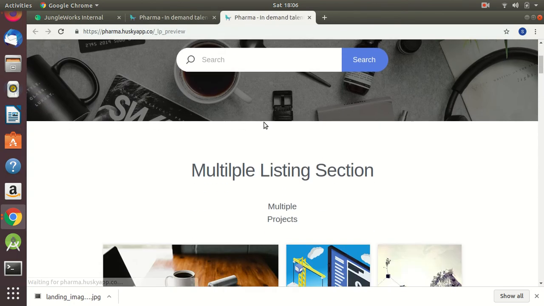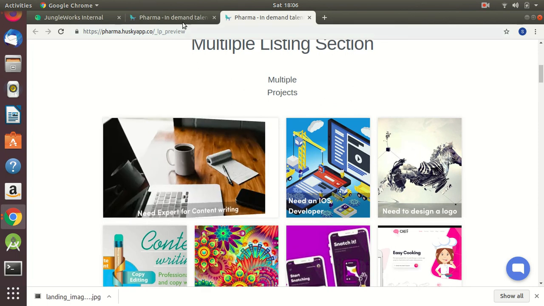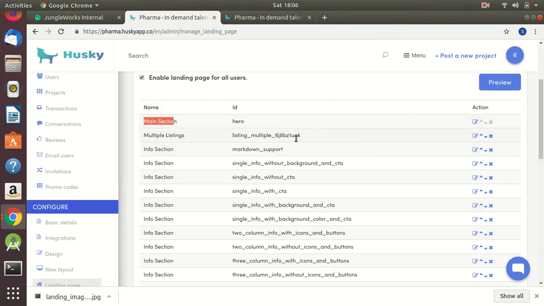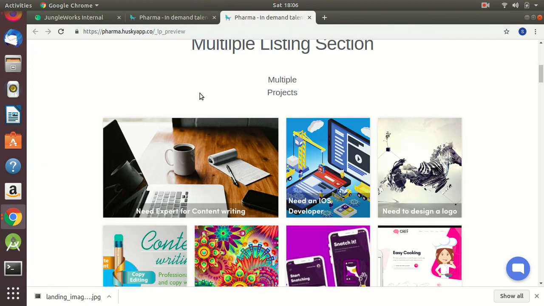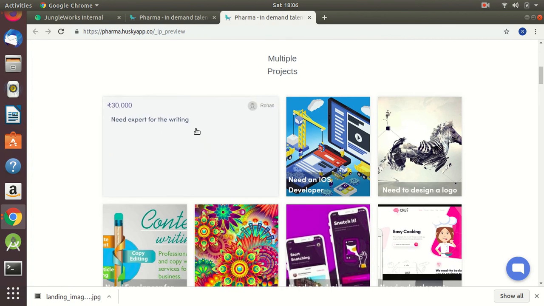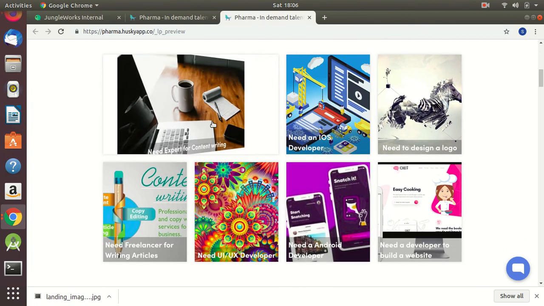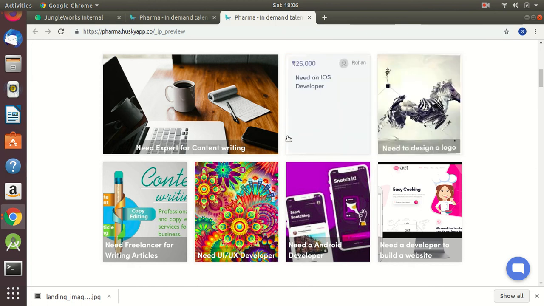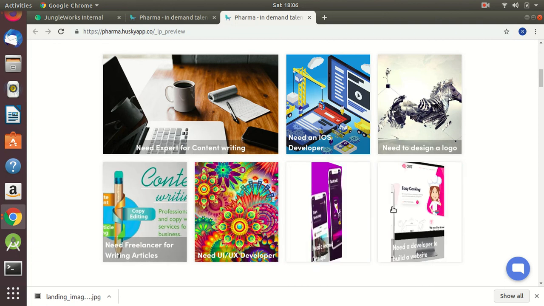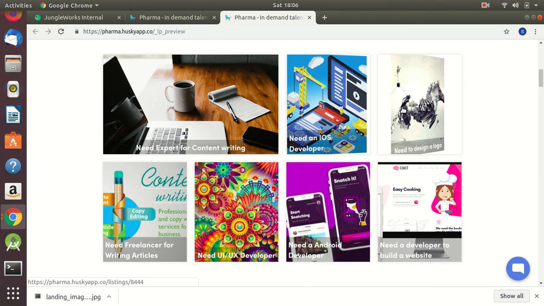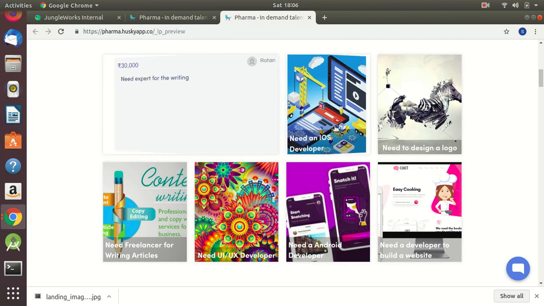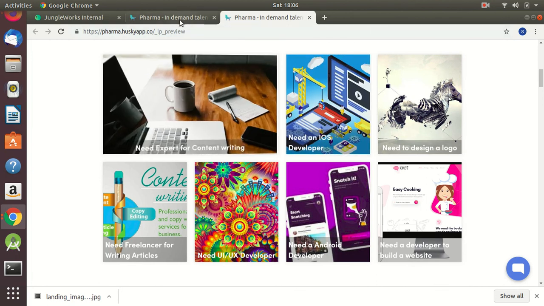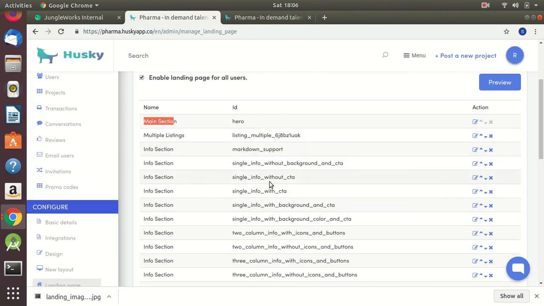This is the hero section, and this section we have moved to the second position. Like this, we have added the multiple listing section. Here we can show the price and the posted owner name. In this way, to attract customers, the admin can set up the landing page.